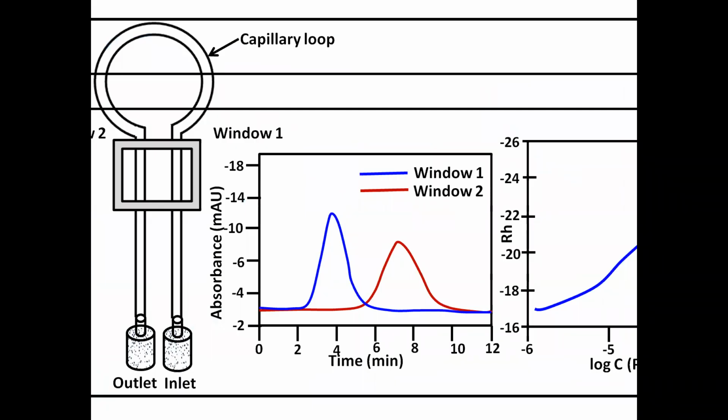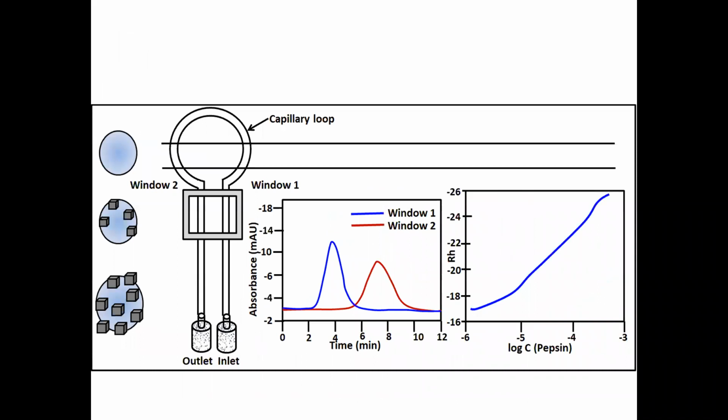So this you can see here also. This is the capillary loop. In that capillary loop, you will flow your material. This is the inlet, this is the outlet. There is a laser source where the image will be taken, and then by means of a detector, the image will be captured. Then the absorbance value as a function of time will come first, and then these values will be transformed into particle size as a function of frequency also. Size and frequency, both values will be obtained on a curve. So this you can see here.